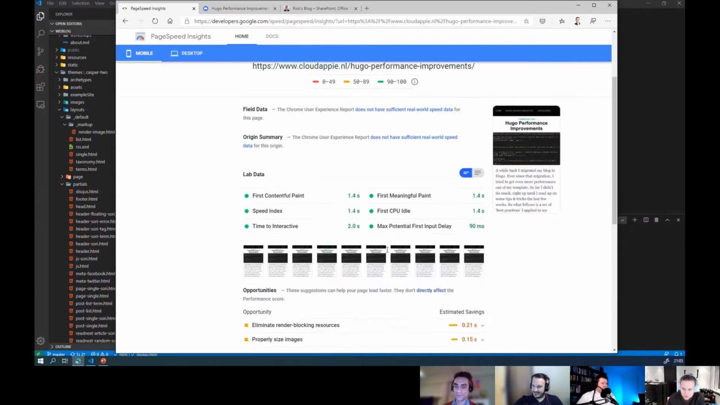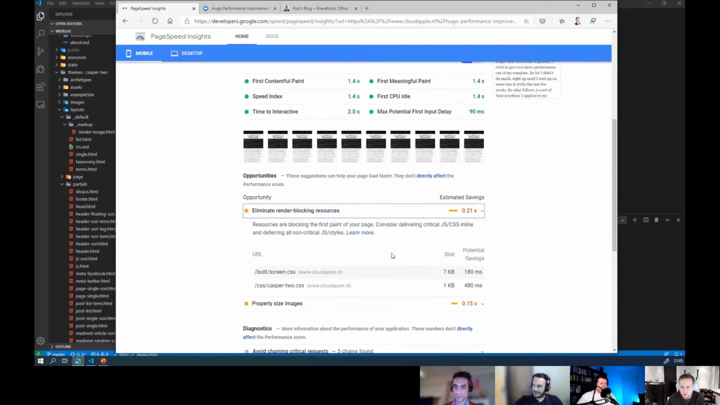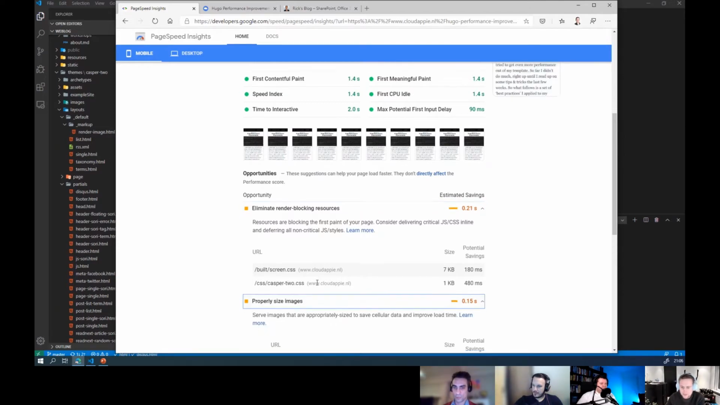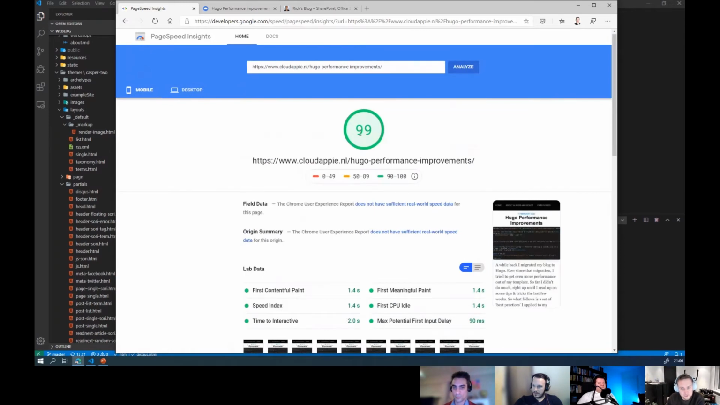So, as you can see here, everything is okay, except that I still have some render blocking issues. I'm using 2 different CSS files, and they suggest either loading it differently or only doing one. I've got one large image that could be scaled down to make it smaller. So you still get some responses, but just to walk you through what I did to get to the 99 or the 100 score that I had,